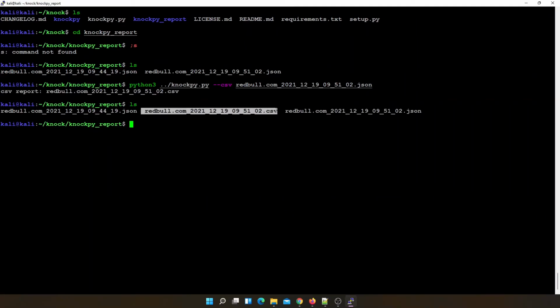Now if you have any application that reads the CSV format, like Microsoft Office or LibreOffice or OpenOffice, whichever you like, you can use it to open this. Another interesting thing that I would like to show you is plotting. Yes, it can plot the results and show us visually also. It is very easy.